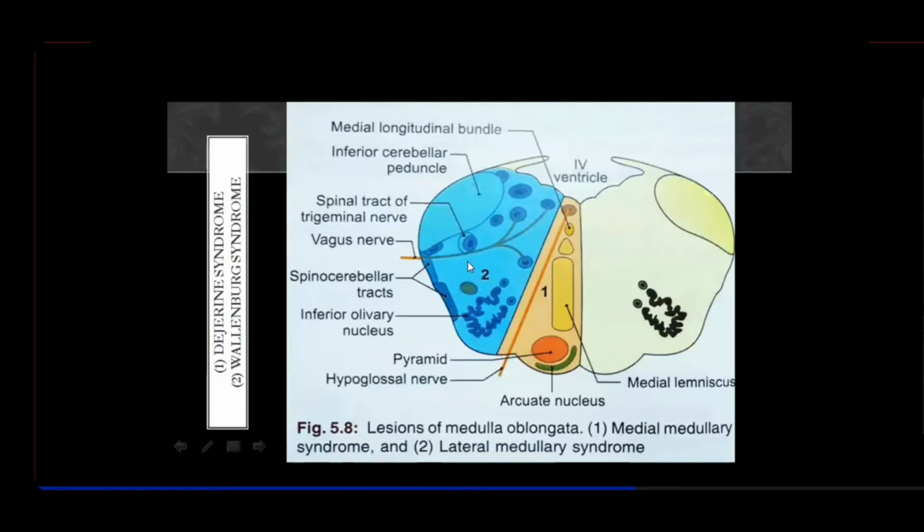Here the supply that was there in the spinal cord has changed a little. Although you have the 3 main arteries, one is the anterior spinal artery, and on the 2 sides, instead of posterior spinal, you have posterior inferior cerebellar artery. But the pattern of distribution has changed. There in the spinal cord, it was anterior 2/3 by anterior spinal and posterior 1/3 by posterior spinals, right? Here, anterior spinal covers the medial full thickness of the medulla, while posterior inferior cerebellar artery covers the lateral 2/3 of the medulla, right?